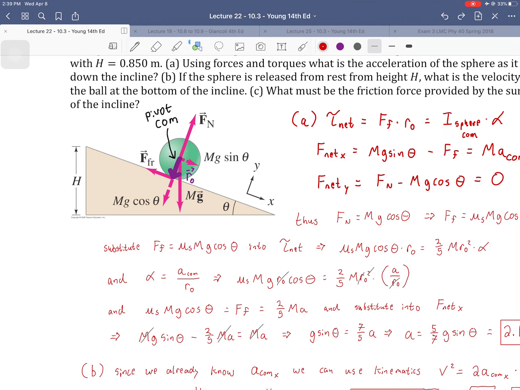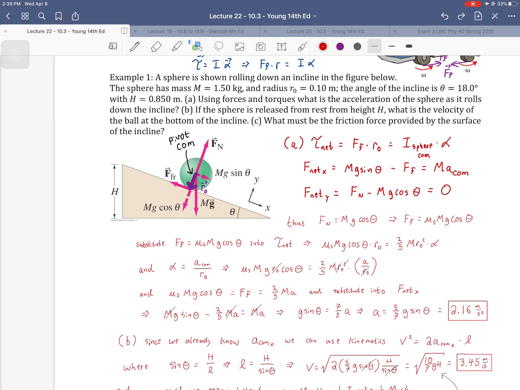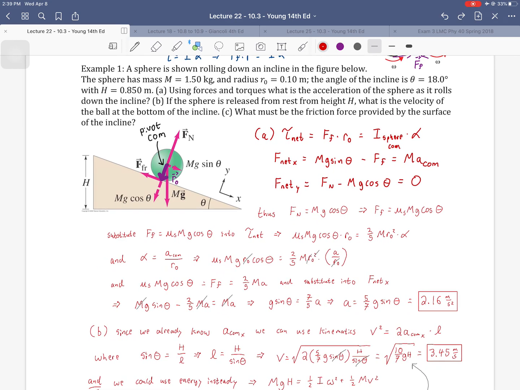And at that case, we'd be fine. We then would maintain pure rolling. But at first, there would be some slipping. There'd be translation that wasn't directly related to the rotation. Well, I've talked so much about slipping. Let's look at the next problem, an example that does include friction,